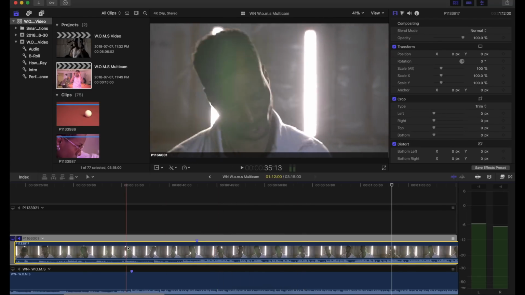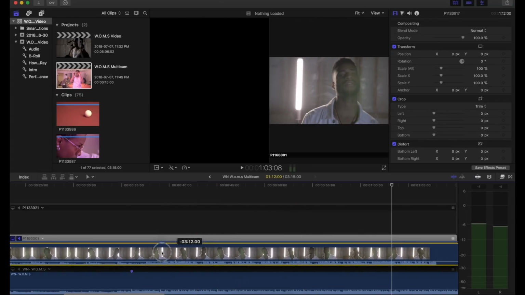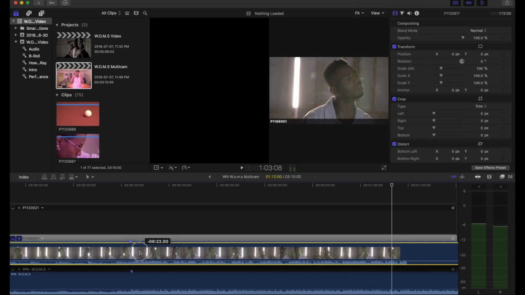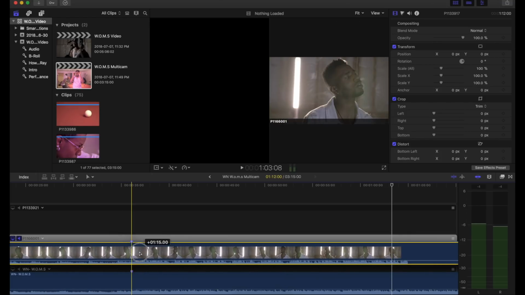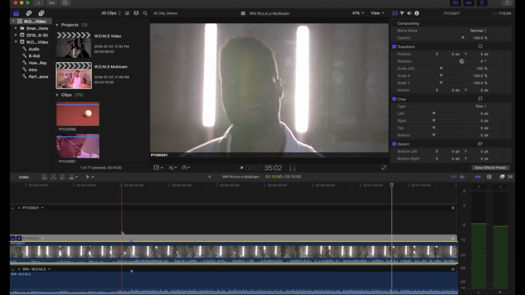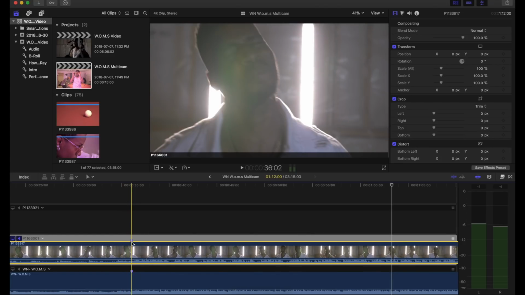So I'm going to turn it off, and I'll show you what happens. So I turned it off, it is disabled, and see how it's not snapping into place? Now when I click it on, it's going to snap those two markers in place. So now you actually have these scenes perfectly mocked up together.